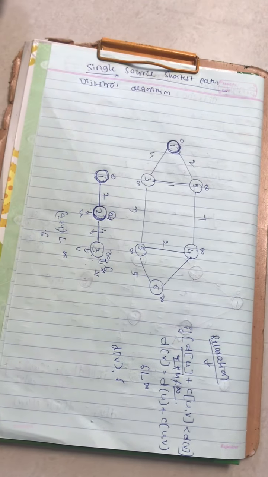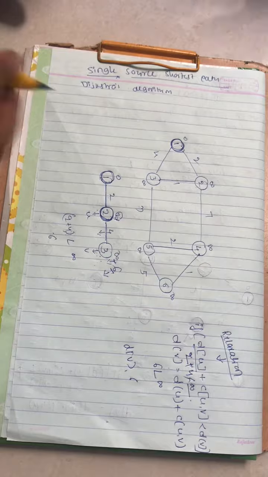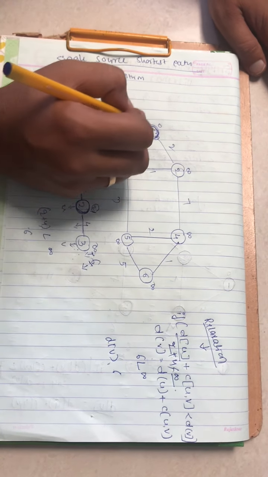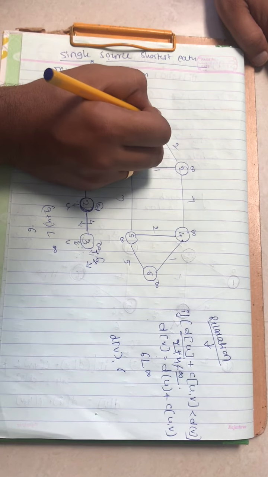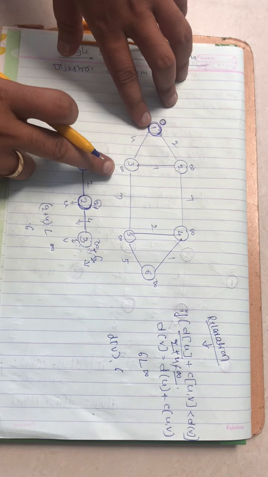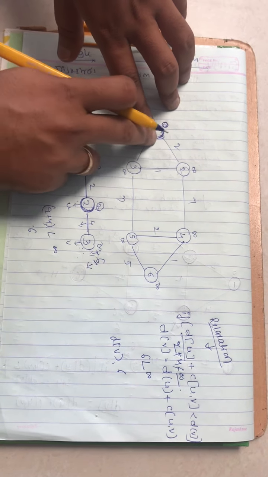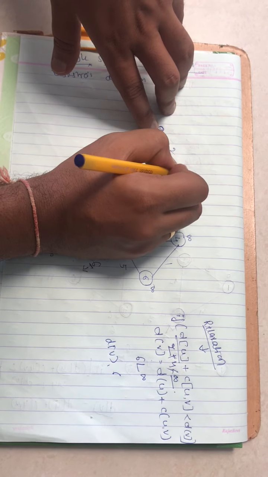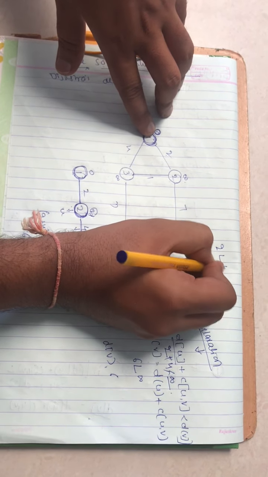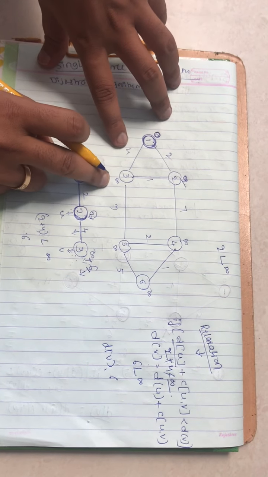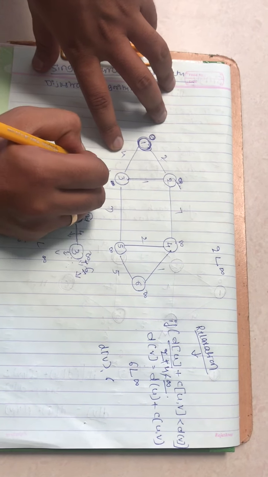Similarly we are going to find this out for the algorithm. Initially I will take any one vertex as the single source, and its value will be set to 0. 1 is directly connected to 2, and 1 is directly connected to 3. 0 plus 2 becomes 2. 2 is less than infinity, 100% 2 is less than infinity, so it will be set to 2. 1 is directly connected to 3, and its value becomes 4.